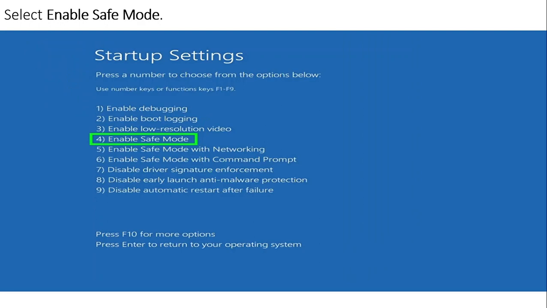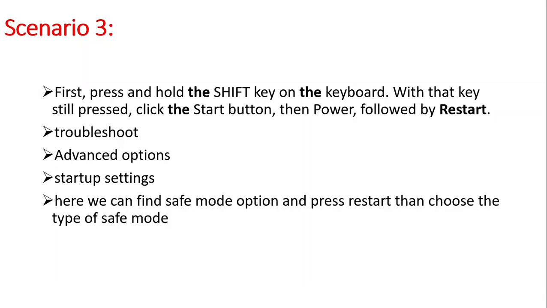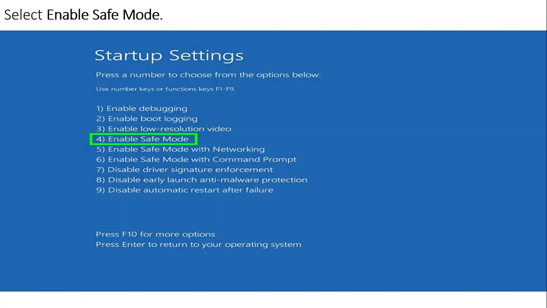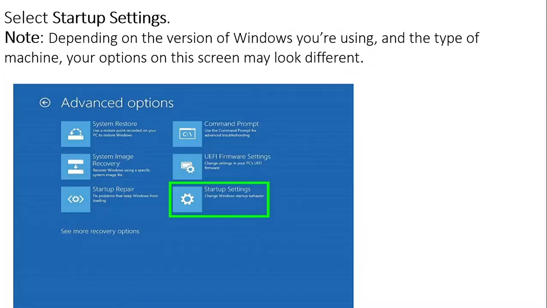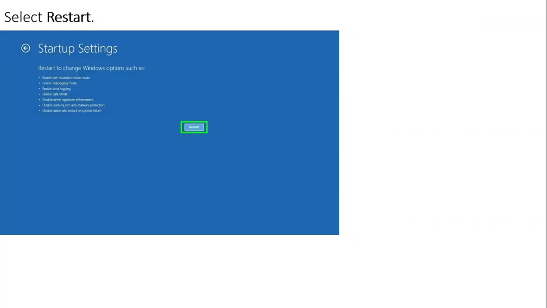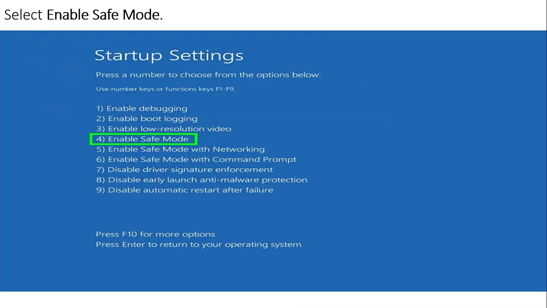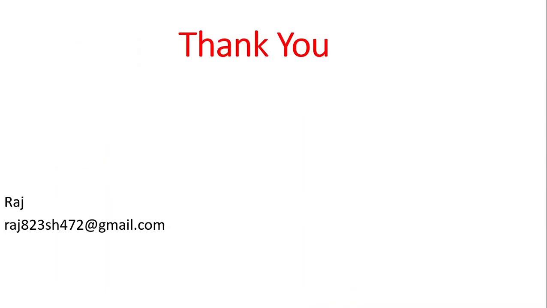With startup settings on the screen, you need to click on enable safe mode, then you would be able to enter into the enable safe mode. And in the third scenario, you need to press the shift key, and by holding it like that, you need to restart your PC, then you can enter into the advanced options again, and the rest remains the same. Startup settings, restart, and enable safe mode, and you would be able to enter into the safe mode.